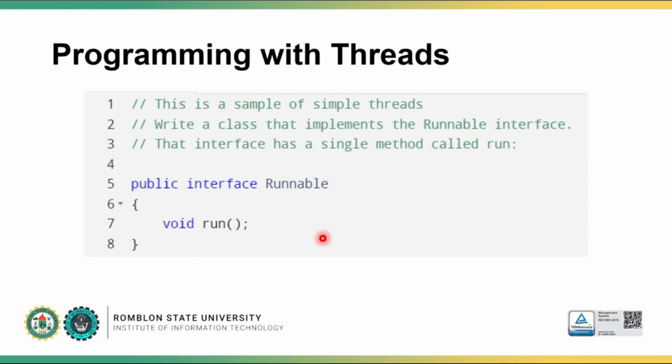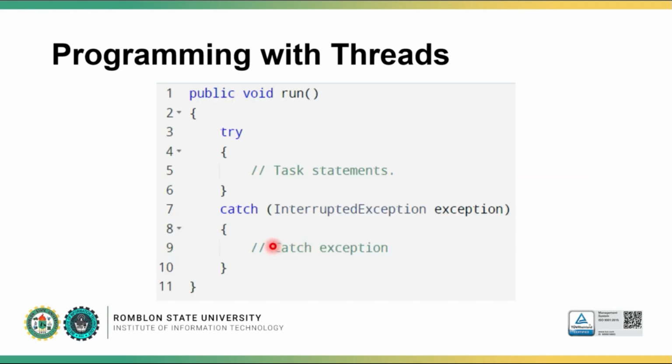This void run runs in the thread, so this is a function that runs threads. This next code uses a try-catch block. Whenever multiple threads are being run, this is the code that is executed in our